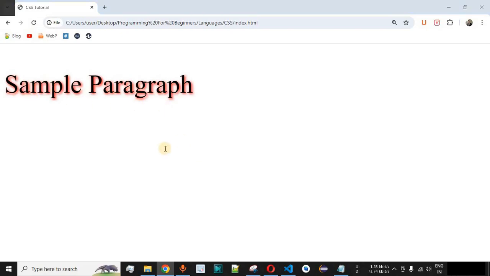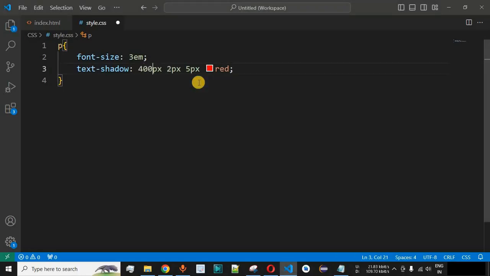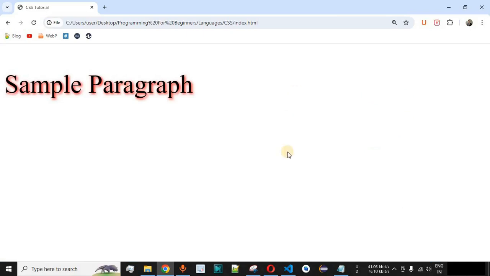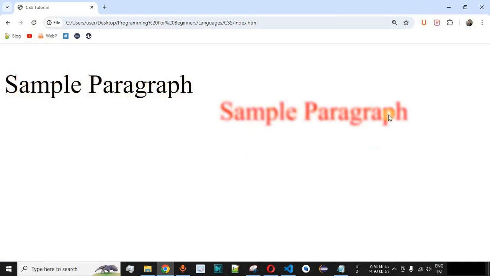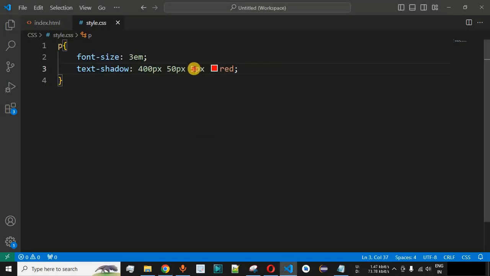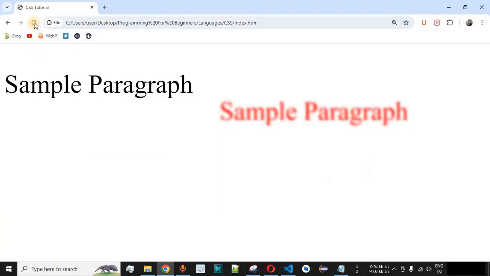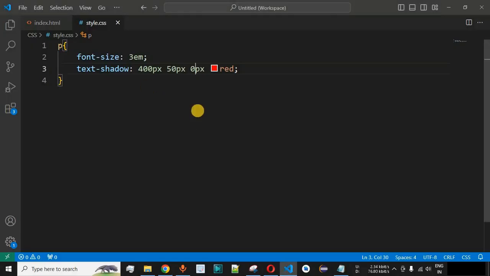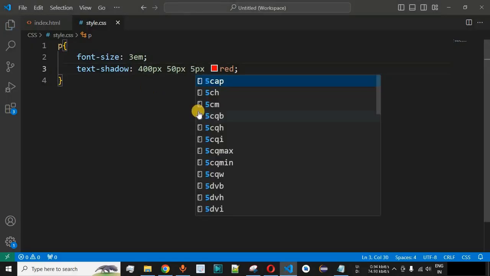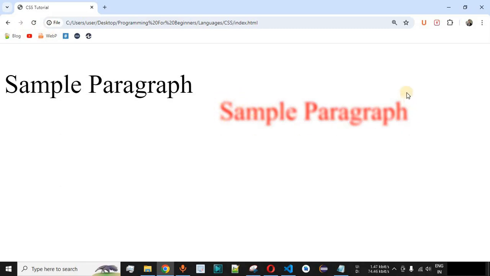If you want to see that separately, once again let us provide the 400 pixels of horizontal shadow and 50 pixels of vertical shadow over here, so that we can see the text shadow somewhere over here right now on the web browser. When we reload this page, you can see that this is the blur effect that is getting implemented over here. When we remove this blur effect, it will be the normal text that is getting displayed. But if we provide the blur effect, 5 pixels of blur will provide the blur effect for this particular text shadow. And guys, this gives a good look as far as your text is concerned that you want to display based on your project requirements.